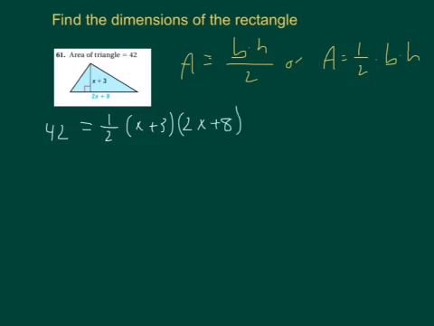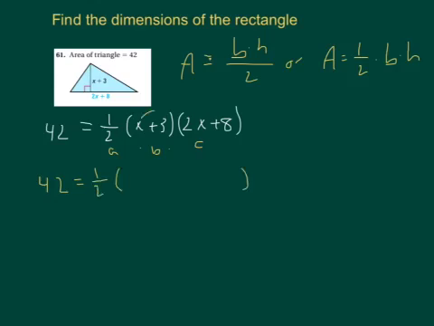Now, right here what we have is a situation on the right side where I have a times b times c. Now I could multiply the 1/2 times the 2x plus 8, that would work out nicely. Or I could choose to FOIL the x plus 3 and the 2x plus 8 and then multiply 1/2 times that. I'm going to go for that method. So 42 is equal to 1/2, and now I'm just going to set up sort of a big large set